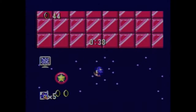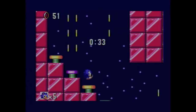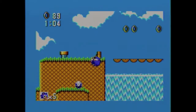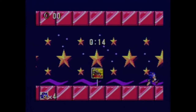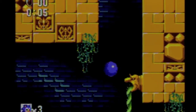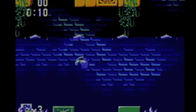Now, the Chaos Emeralds, unlike the 16-bit Sonics, are not in the bonus stages. They are hidden in plain sight most of the time in the levels. The trick is how you get them, without dying, of course. So yeah, no Chaos Emeralds in the bonus stages. I think that might make it a little bit harder in some ways, because in the original Sonics, if you missed a Chaos Emerald in one of the stages, you could keep going to bonus stages until it wraps around and you get that emerald again. Of course, in the original Sonics, getting to bonus stages reliably was easier said than done, so...